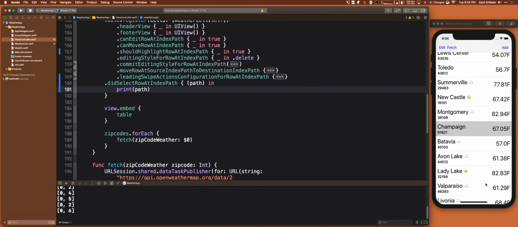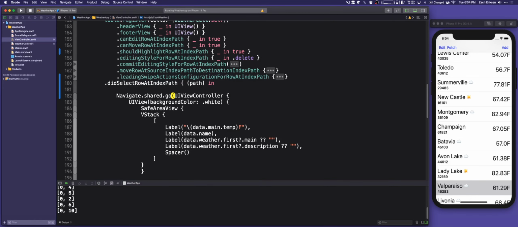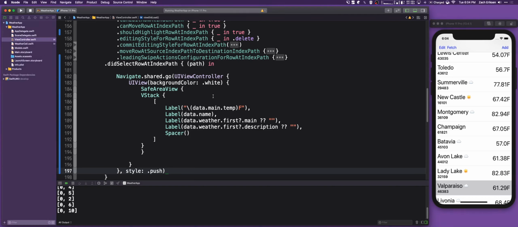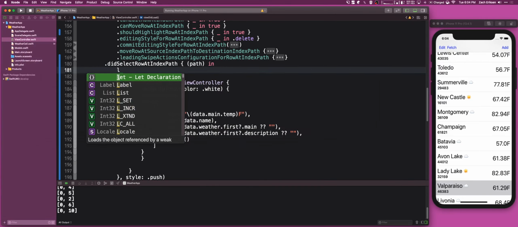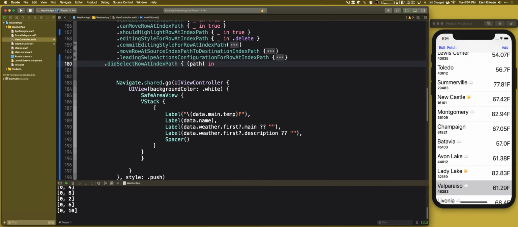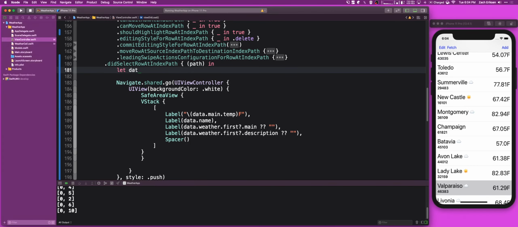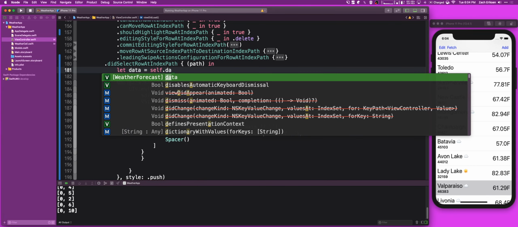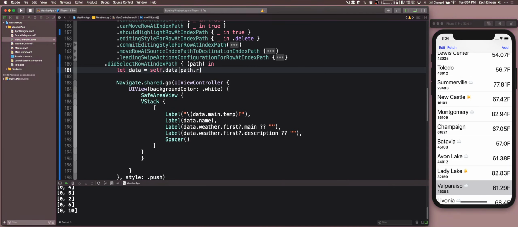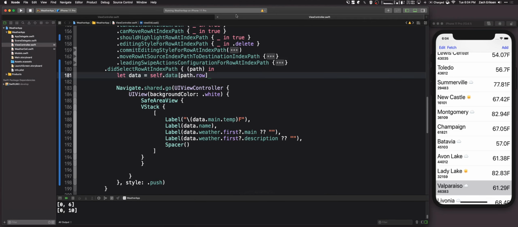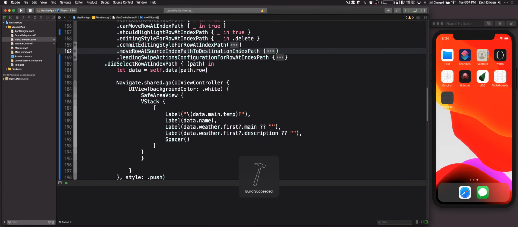Alright. Well, so now for this, we should be able to pretty much use the exact same code that we had before, but we don't have data, okay? So we just need to get our data. So I'm going to first, let's just get the data. So you select data at wherever the path's row is. Okay. So now if we run it, oops, that's a tab. Now if we run it,